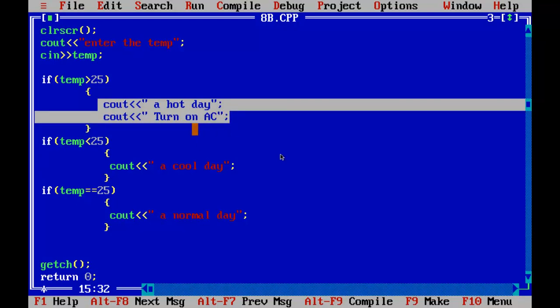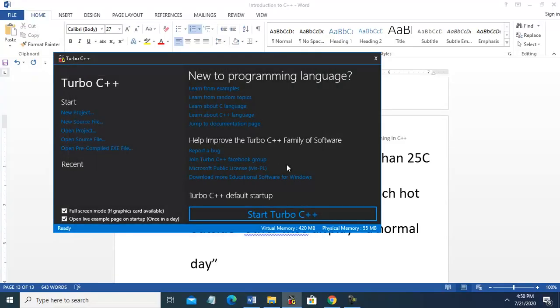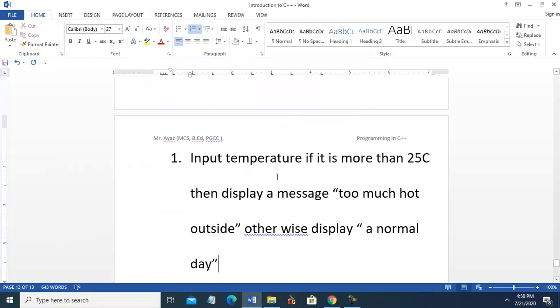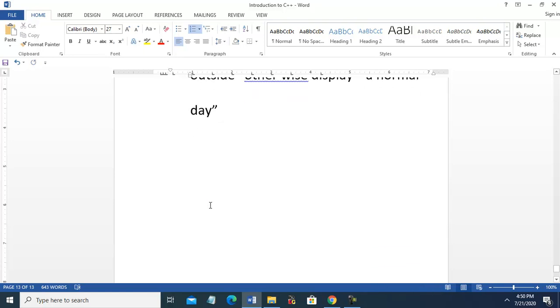Okay, so this is the one-way statement or one-way selection.